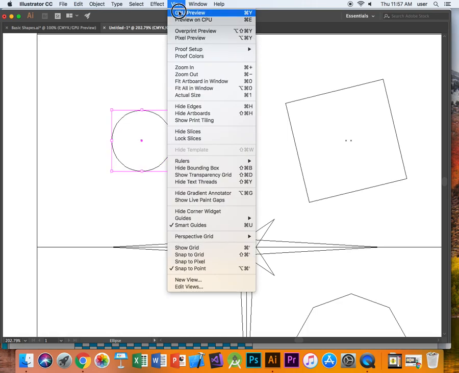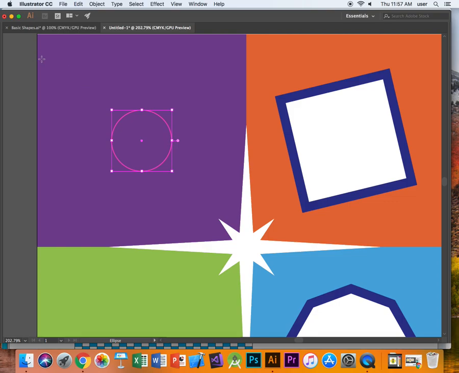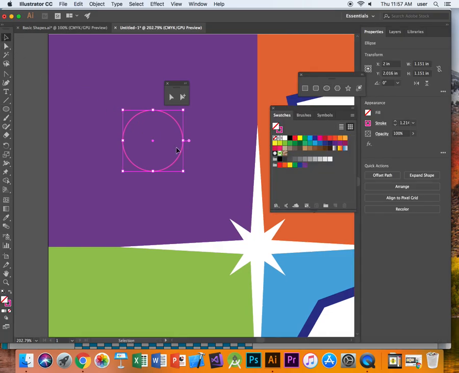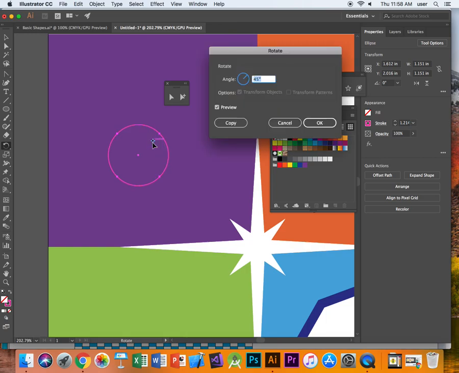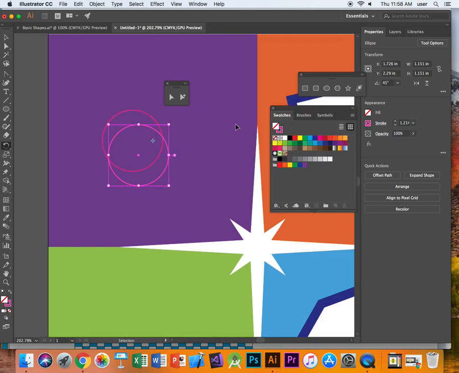All right. And then with my selection tool, I can move this slightly off center, maybe about here. And then with my rotate tool, at the center of the box, not the center of the circle, but the center of the box, I'm going to hold Option and click. And then you can determine what the value is that you want to do. I'm going to do a 45-degree angle just because, but I did 10, I did 15. If I press copy and then transform again,